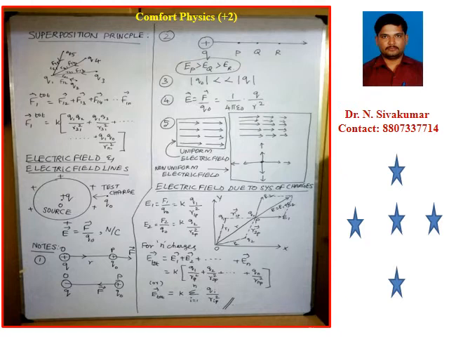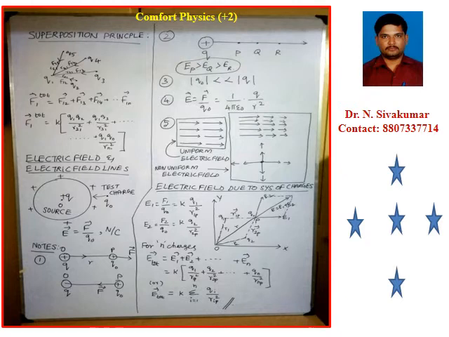Then for all the other terms, say for example, the force between the first two charges is K Q1 Q2 divided by R21 square. Here R21 represents the distance taken from Q2 to Q1. If you are measuring a distance from Q1 to Q2, then it should be R12. If you are measuring a distance from Q2 to Q1, it is R21.